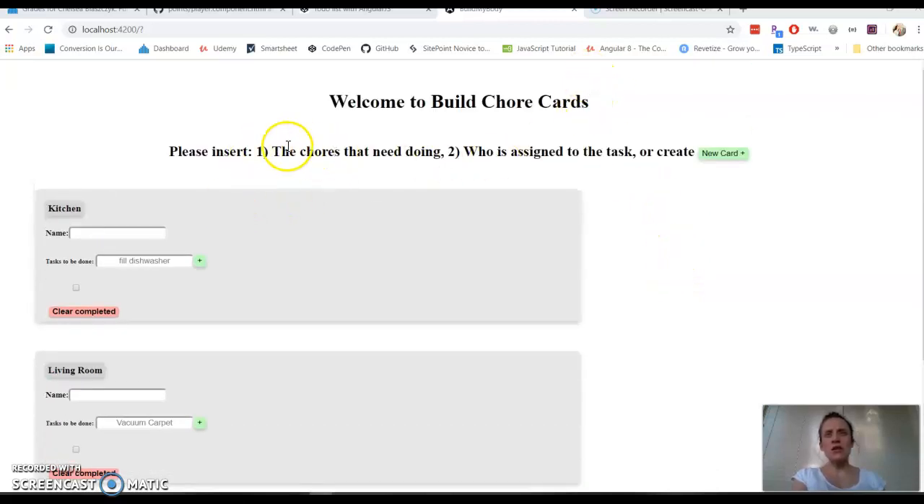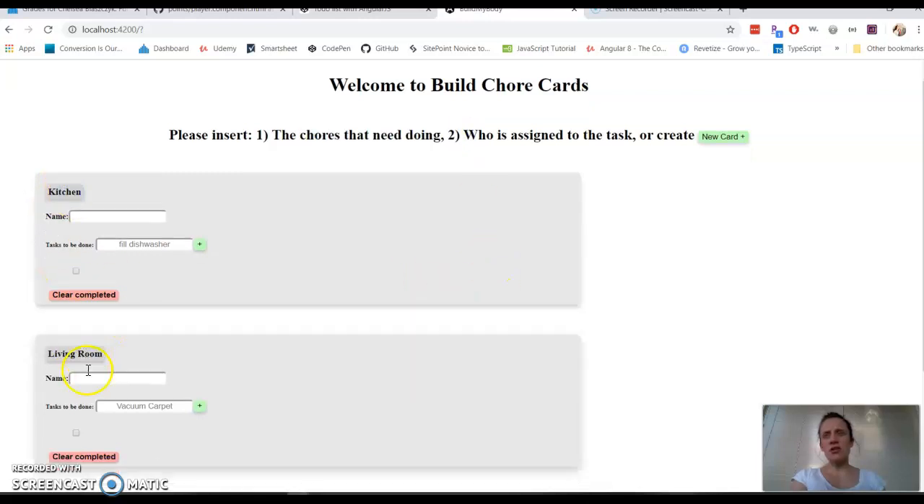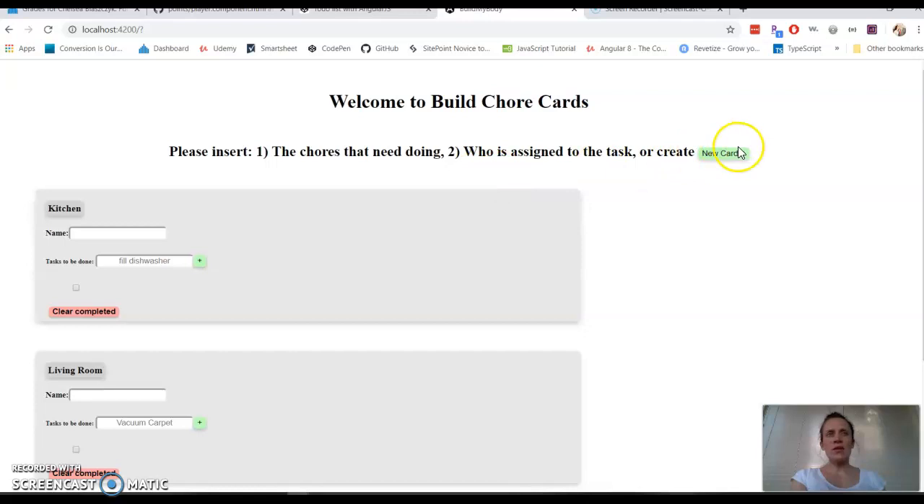I created an app that I'm calling Chore Cards. How it works is you have these cards: kitchen, living room, bathroom, and theoretically you'd be able to make a new card for other rooms in the house, like a bedroom or something. And then you type in the name of the individual who is responsible for the chore, and then you type in all the tasks, like fill the dishwasher,